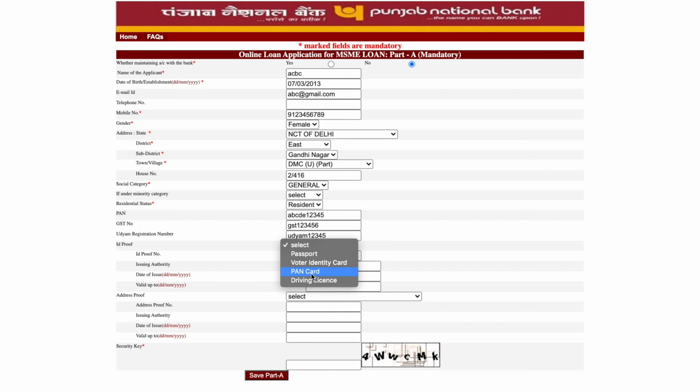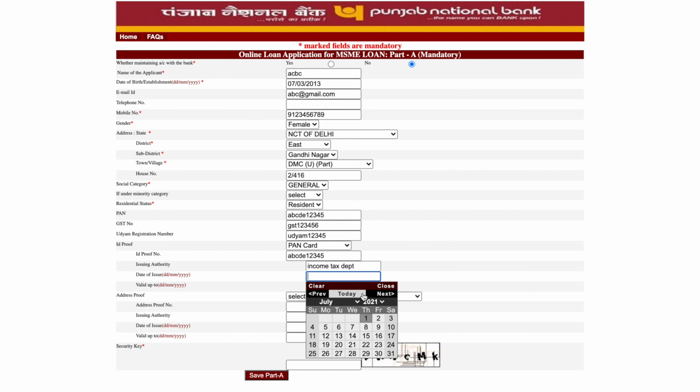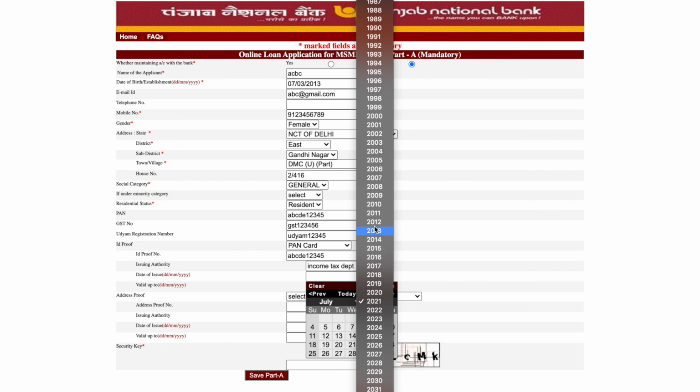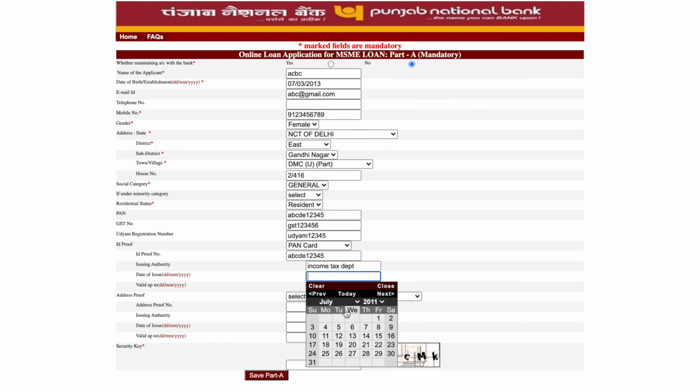PAN card, issuing authority. Please fill in the name of the authority who has issued the ID card. For example, PAN card is issued by the Income Tax Department, then mention Income Tax Department here. Date of issue. Enter the date on which your ID proof card was issued.